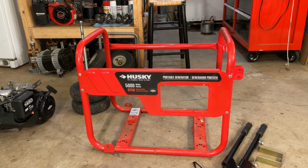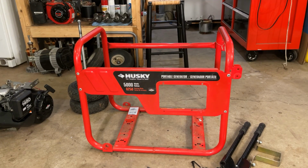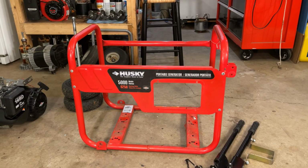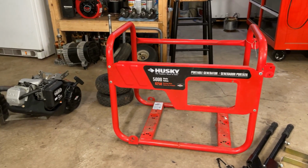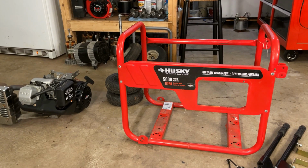Hey guys, welcome back. So, a few months ago, I picked up a Husky generator with a blown engine. It was only $65, and I wasn't expecting to fix the engine, really. I just picked it up for the parts. I made a video on disassembling that engine and sizing up the damage and realized it needed too much to